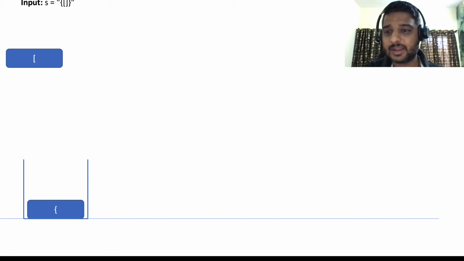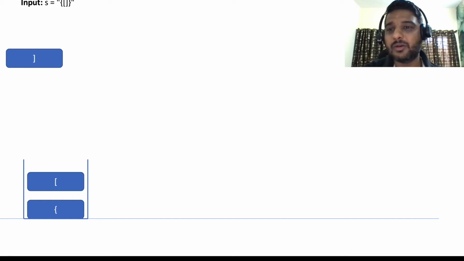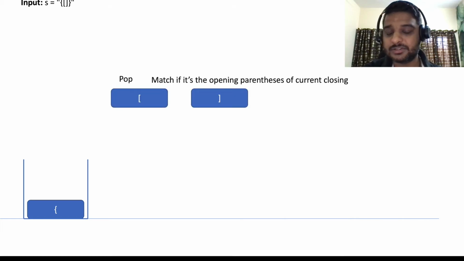Again the next character is the opening square bracket. It is again an open type, so we can push it. Now this is the closing bracket. Whenever we see any closing bracket, at that point we pop the value which was last stored in the stack, and we match it.